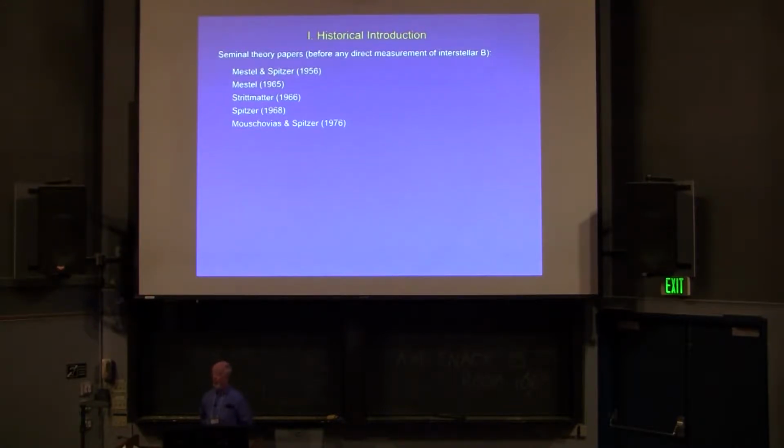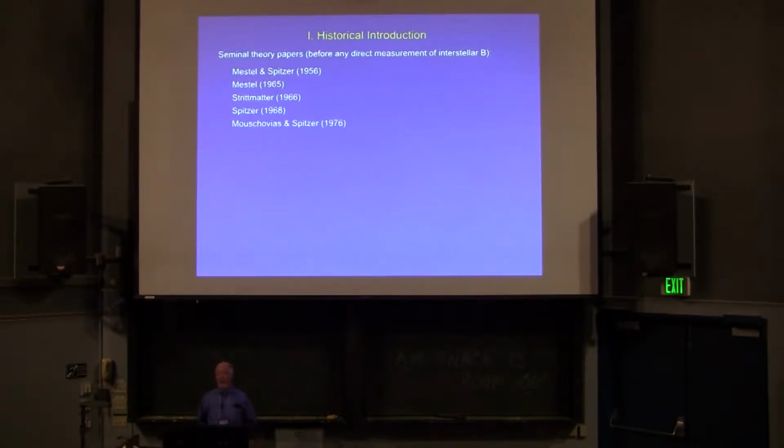There were indirect observational arguments, namely you saw polarization of starlight, and so people scratched their heads and said, well, maybe the polarization of starlight is due to dust grains being aligned in a magnetic field. So that's kind of an indirect argument for a magnetic field. And then Fermi had a great idea for how to accelerate cosmic rays that involved colliding magnetic clouds, sort of second order Fermi acceleration. So that was evidence for magnetic field.